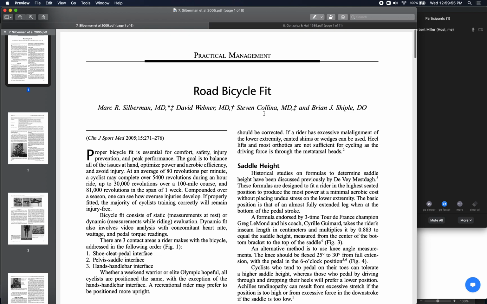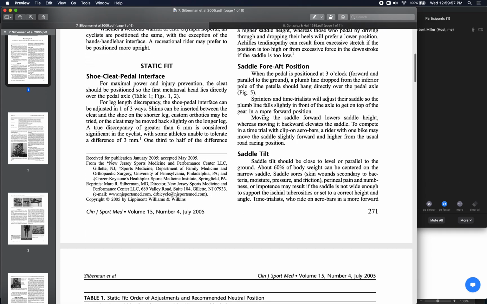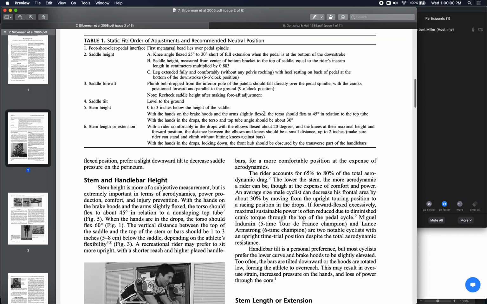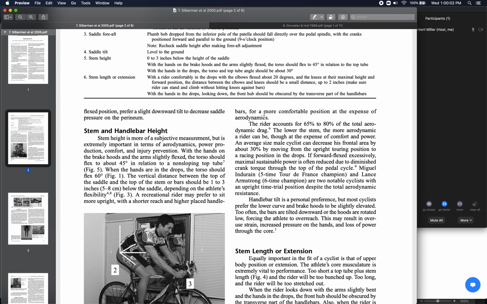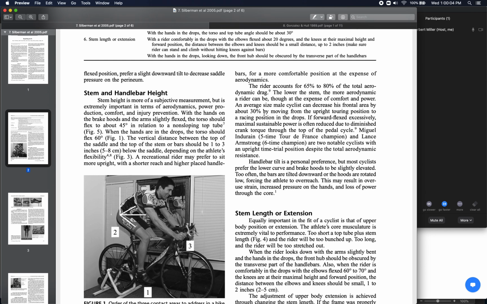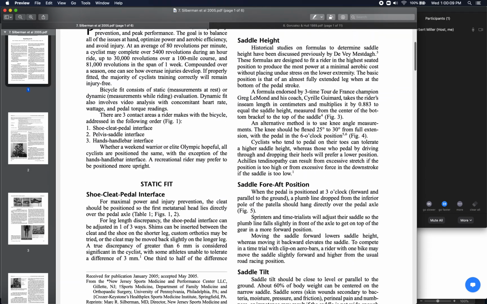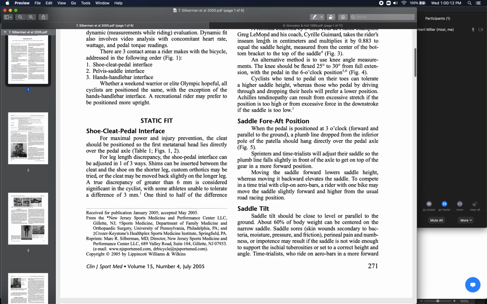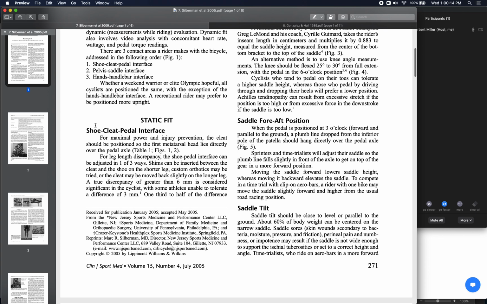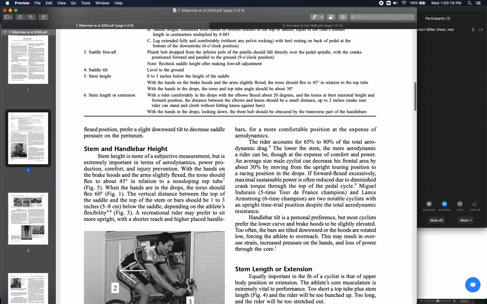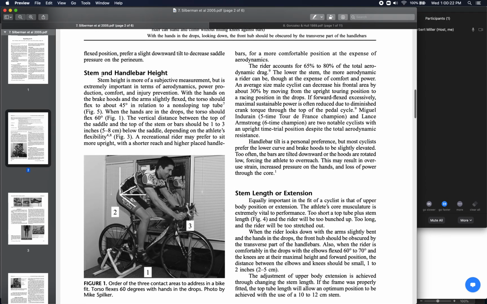As you can imagine, and something that you might get the sense of as you're reading reading number 7, the Silberman paper, there's a lot of factors to consider here, and they likely interact in really complicated, or really non-intuitive ways. Like if I change the seat height for a particular purpose, that might also change how I'm interacting with my pedals in terms of my cleat position. And so maybe now I need to adjust the cleats a little bit. And maybe now I adjust the cleats, but now my stem's a little bit too high or a little bit too low, and I need to play around with that a little bit. So it all becomes very complicated and interrelated, and a lot of trial and error involved here,